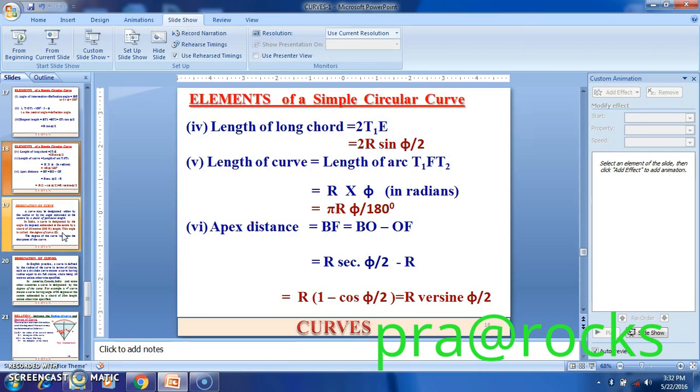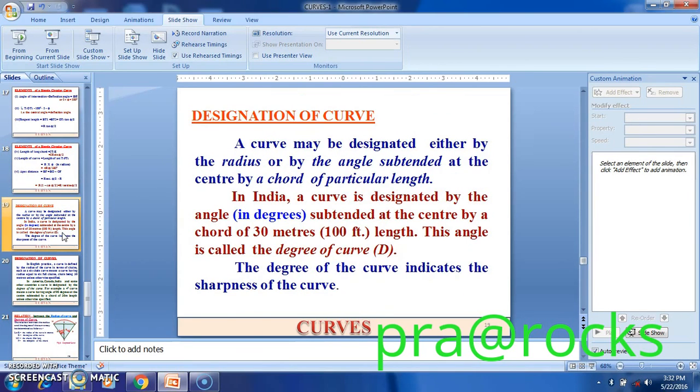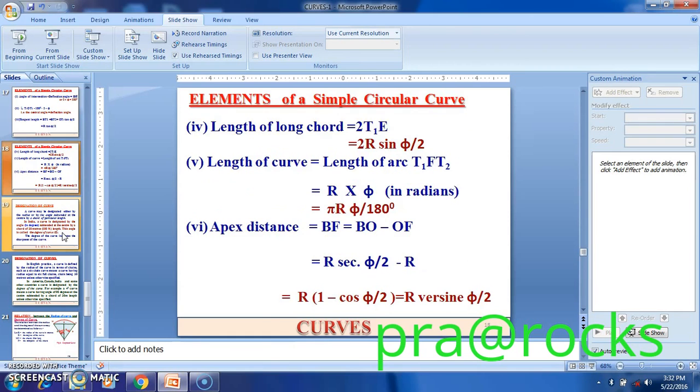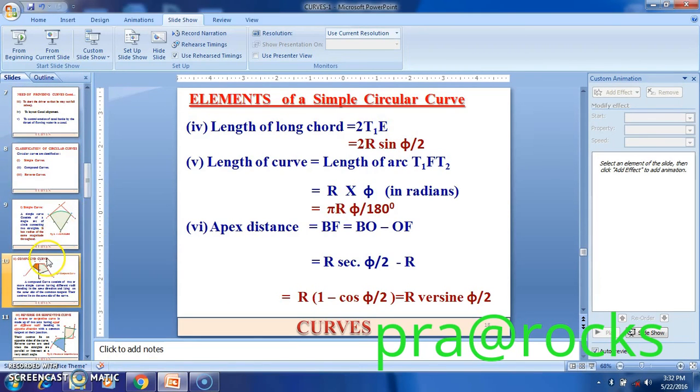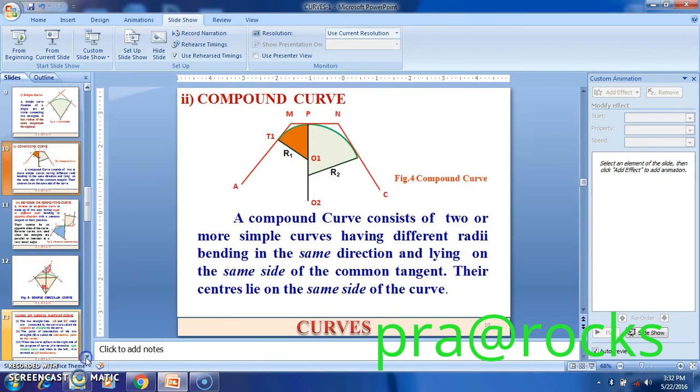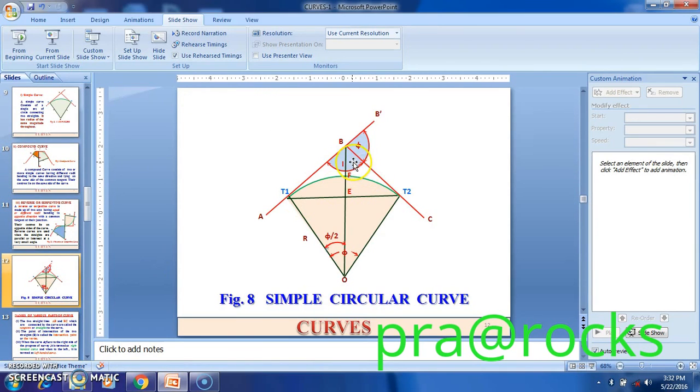Then the apex distance, that means BF, is given by the equation R into 1 minus cos phi by 2, and we can see it from the figure. BF